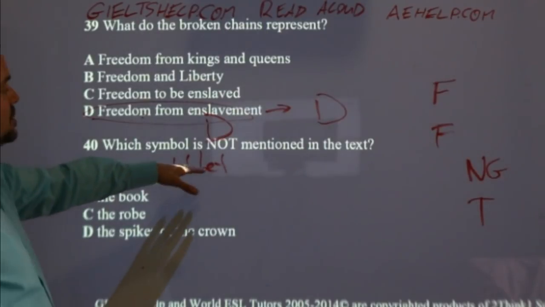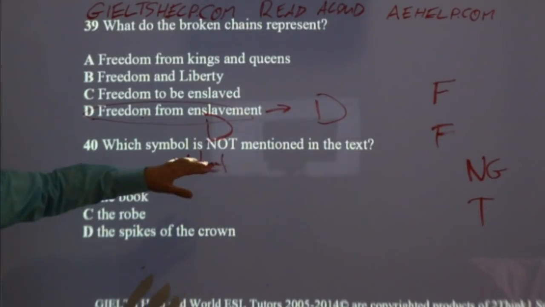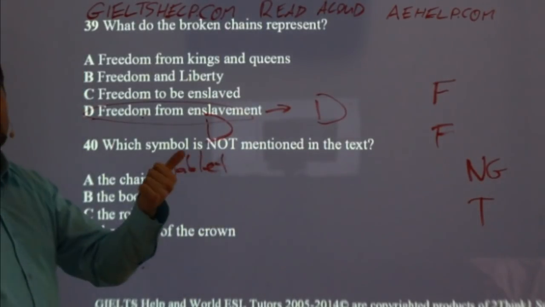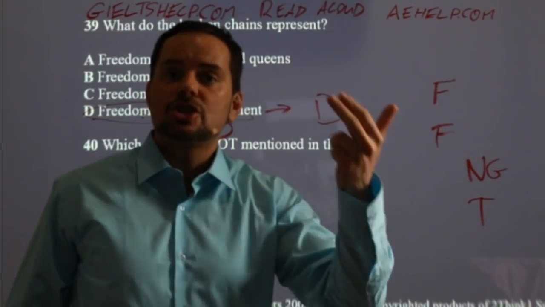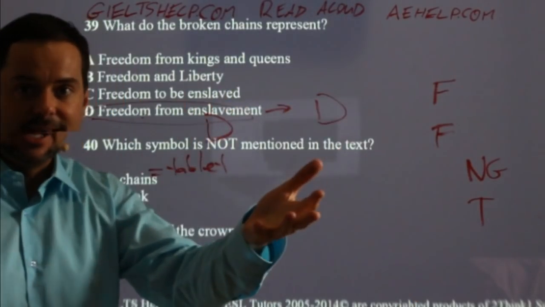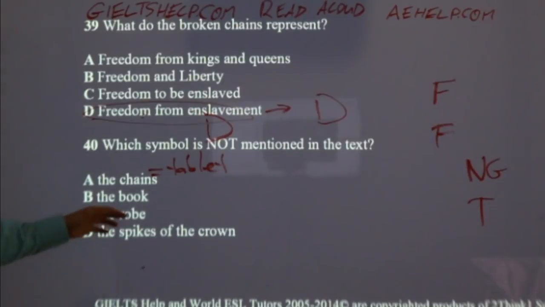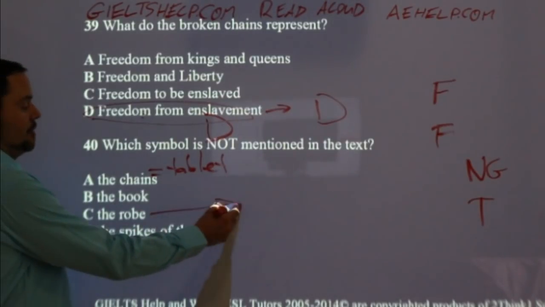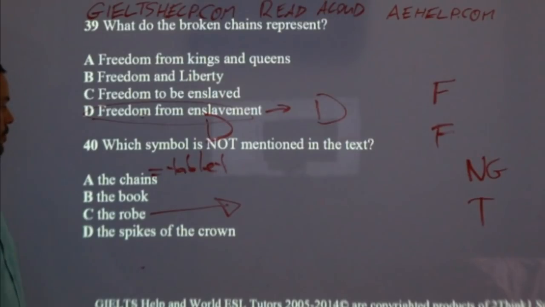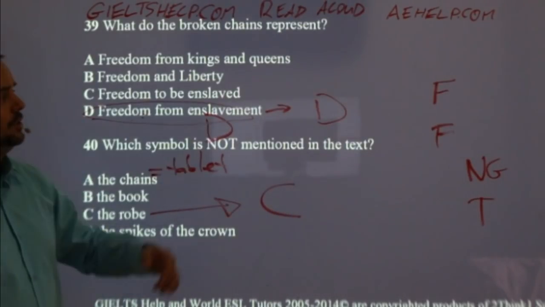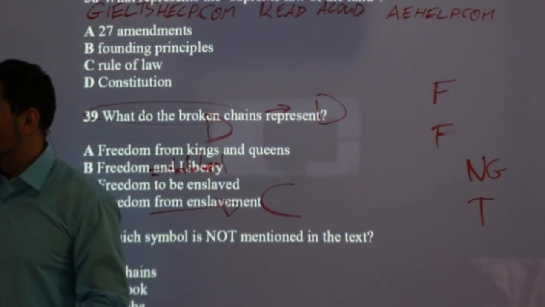Which symbol is not mentioned in the text? Well, we remember the chains, the feet, the torch, the crown, the statue itself. Okay, so the chains, the book, the robe, the spikes of the crown. Well, I don't remember reading anything about her clothes. So robe looks like a good one there. So C. So D and C. Now,